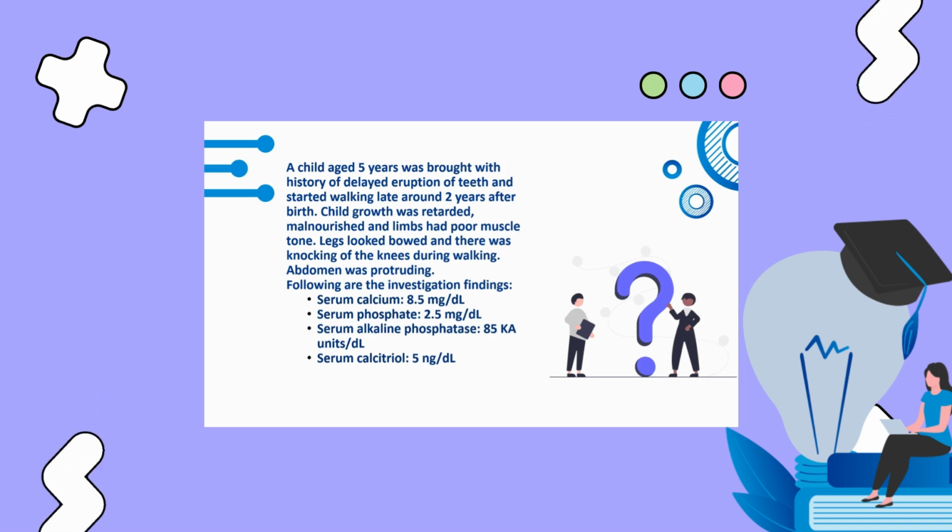So now looking at the clinical presentation and the lab investigations, you can see that there is delayed walking and growth was retarded, limbs had poor muscle tone and legs were bowed. That is the typical presentation where there is knocking of the knees during walking. And there's decrease in serum calcium level, serum phosphate level is decreased, alkaline phosphatase levels are increased and serum calcitriol levels are decreased. Looking at all these findings, we can come to a conclusion of a probable diagnosis of